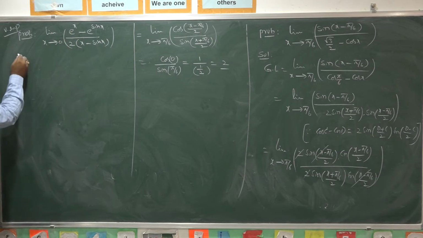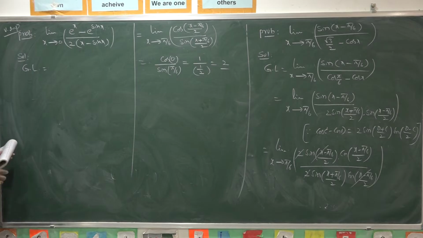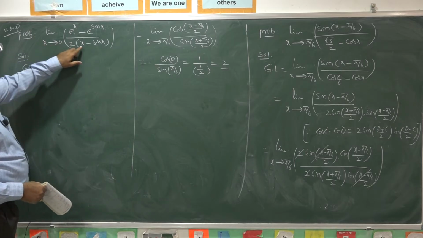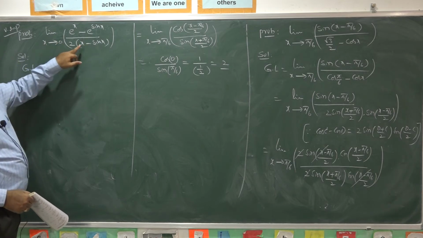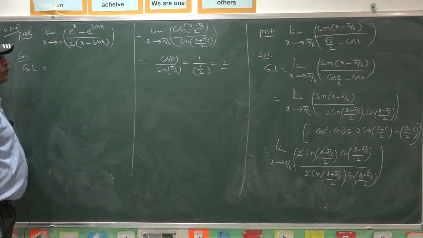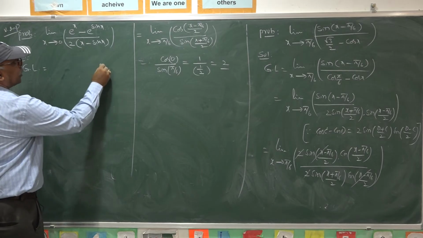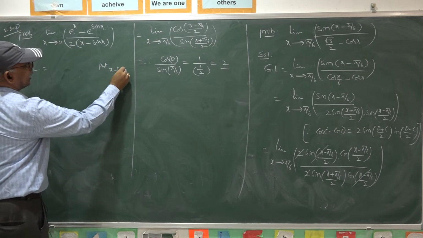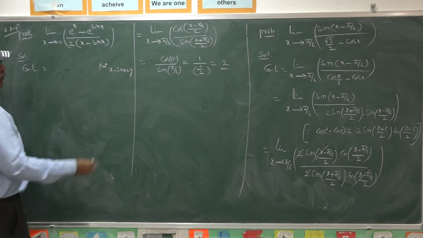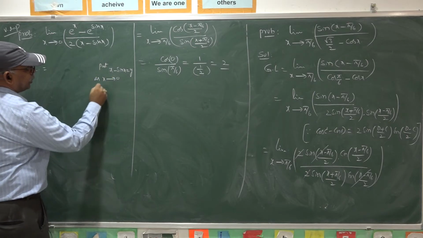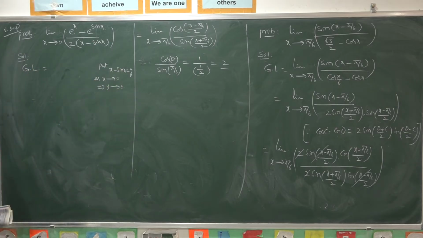In such a case, try to get x goes to 0. As x goes to 0, x minus sin x is 0 clearly. As x is 0, x minus sin x is 0 itself. So put a proper substitution, x minus sin x as y. Put x minus sin x equal to y. As x goes to 0, y also goes to 0 clearly. At x equal to 0, sin x is 0. Hence, y goes to 0.